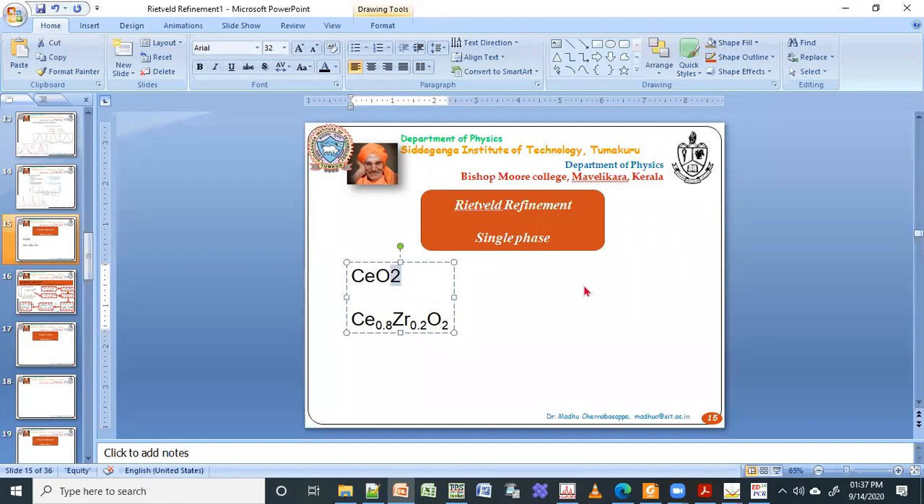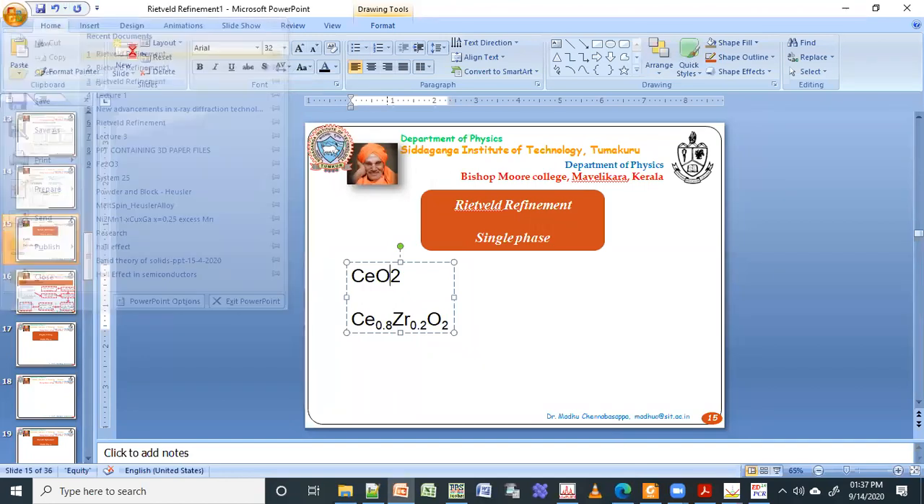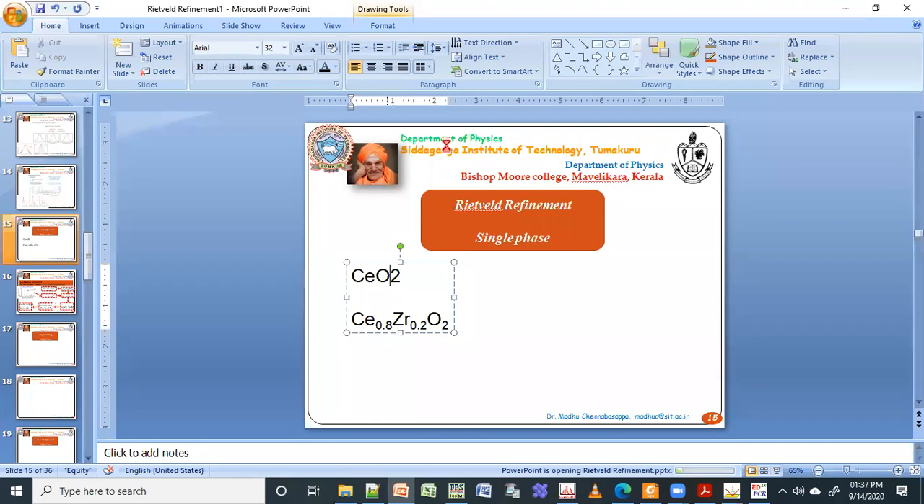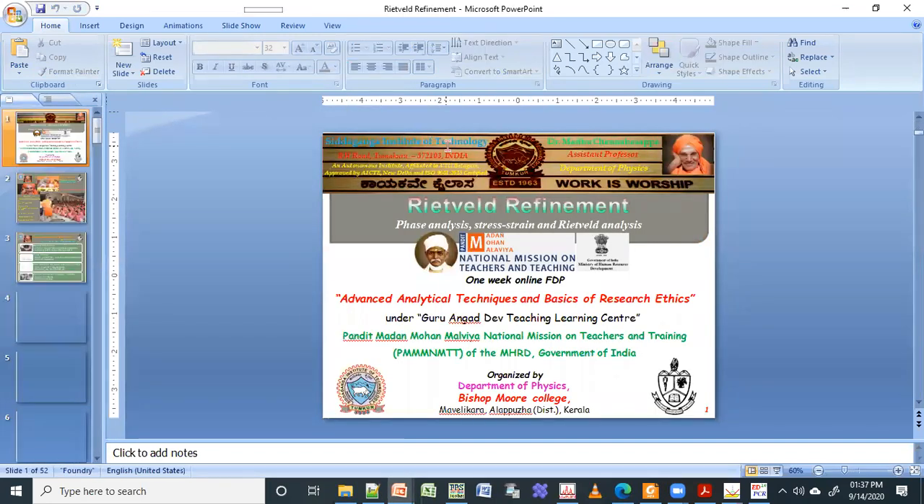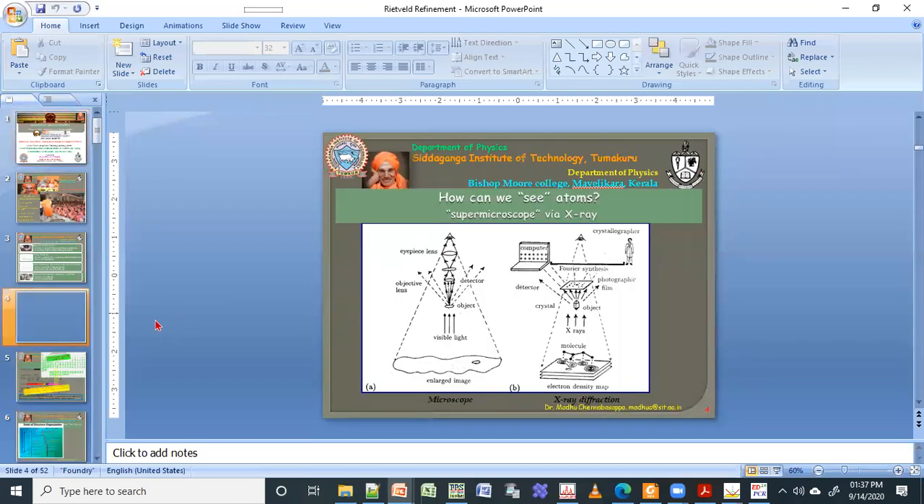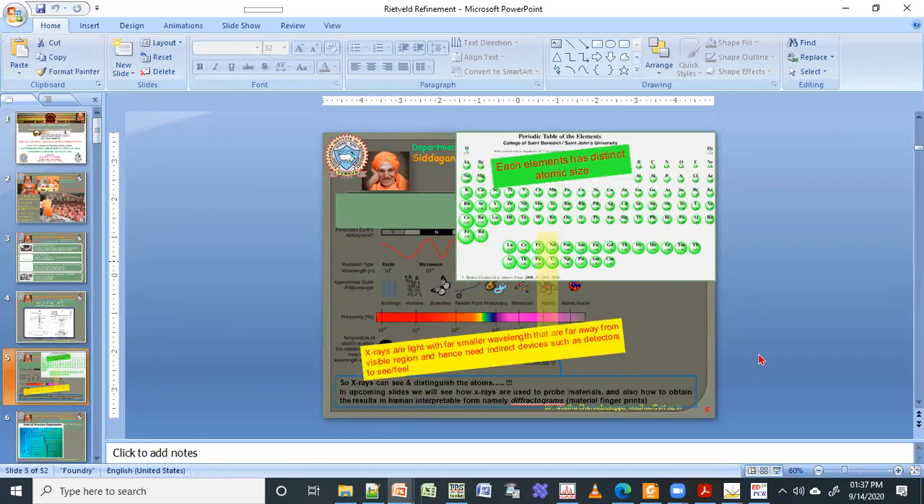And normally what happens is X-rays are not very sensitive to oxygen. X-rays have good sensitivity with heavy elements like cerium, all those things. The reason is, again, I should come back to this diagram. If I come back to this diagram, just...